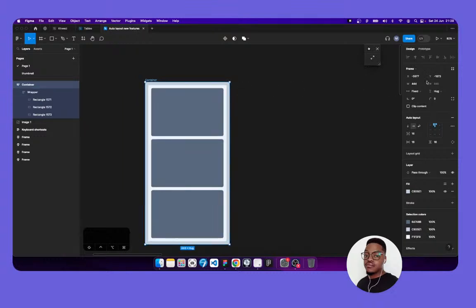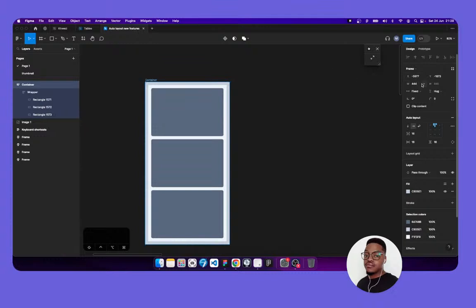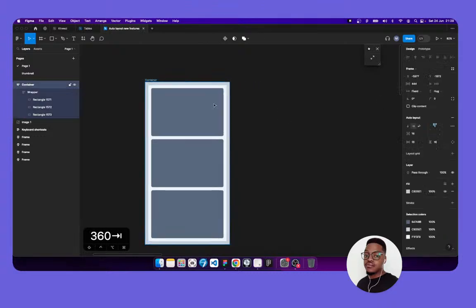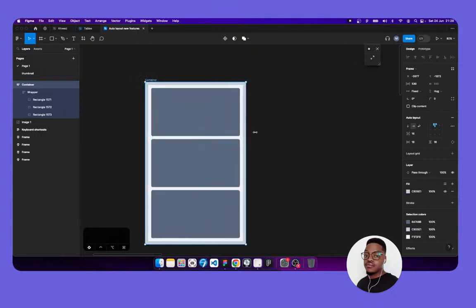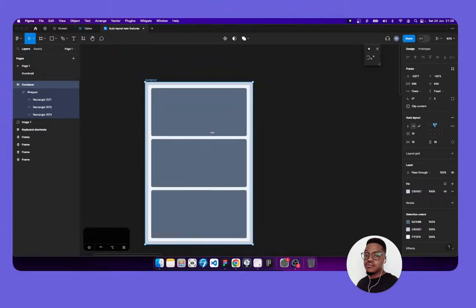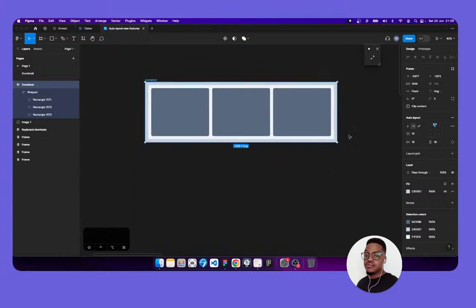Oh, we didn't do it for the container, did we? We didn't specify a minimum width. So this is 332 plus another 32. We'll say 364. Oh, we'll just say 360. I think it's fine. So when the container gets there, it just doesn't go below that size. Right? That's super cool. And so we can set the height of the container to hug